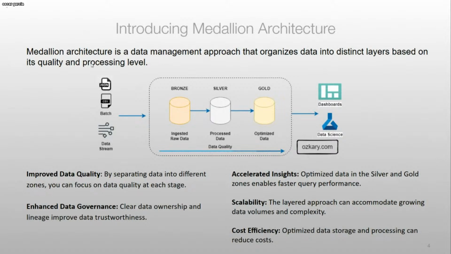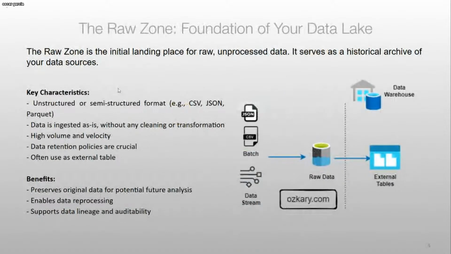Okay, so let's continue here. So let's start with the first zone, right? What we call the raw, which is really the staging or the foundation of your data lake, right? This is really the area where it is a landing place for raw process data, right? And because of its nature, if you're not familiar with a data lake, it is really more like blob storage that enables us to